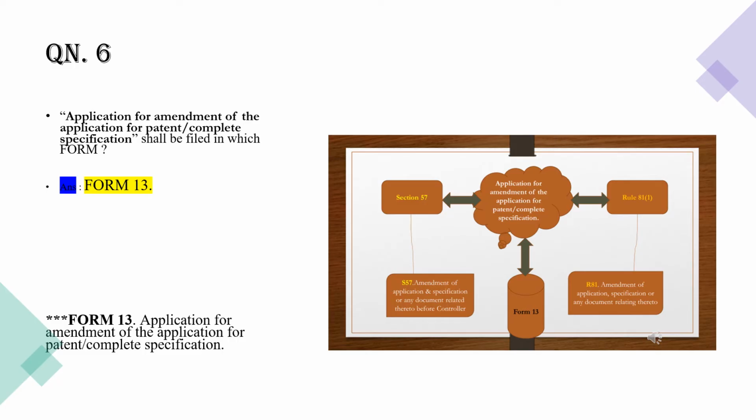Question number 6. Application for amendment of the application for patent or complete specification shall be filed in which form? The answer is form number 13, because the title for form number 13 is application for amendment of the application for patent or complete specification. So friends, please refer to this old slide that I have also mentioned here, where we have established a relationship